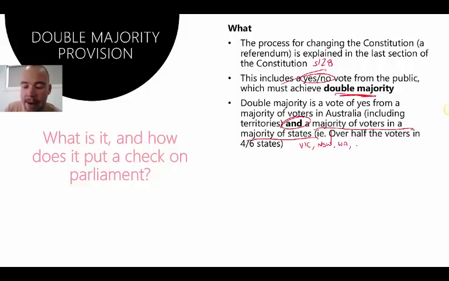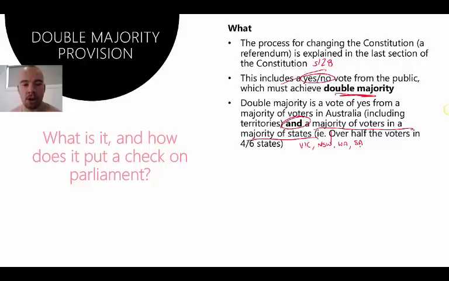WA and South Australia, maybe 2 million each, 1 million and 1 in each of those. So each of 4 of the 6 states have to have half of their voters vote yes. What this is and why they put this in is they were concerned at Federation in 1900 that